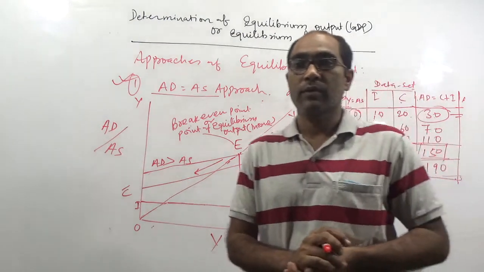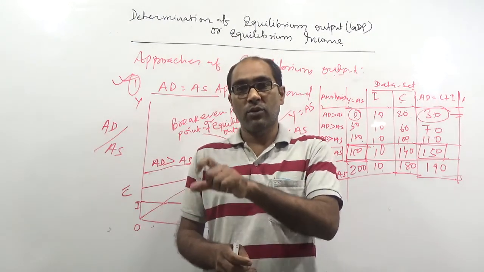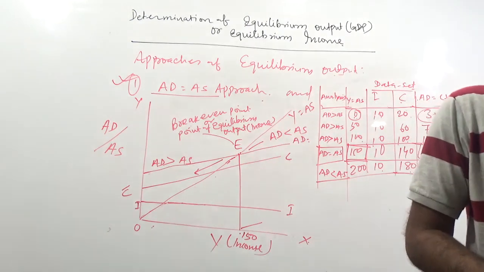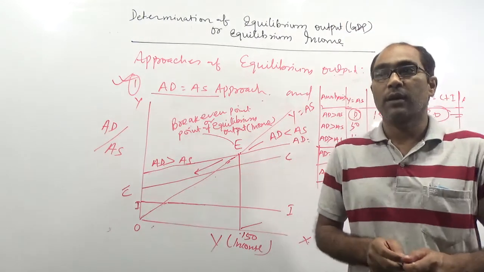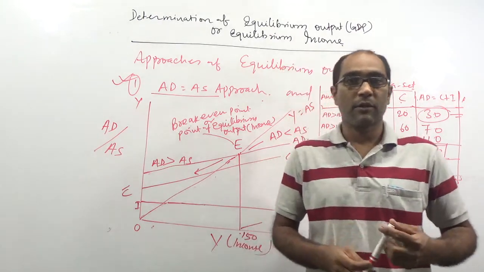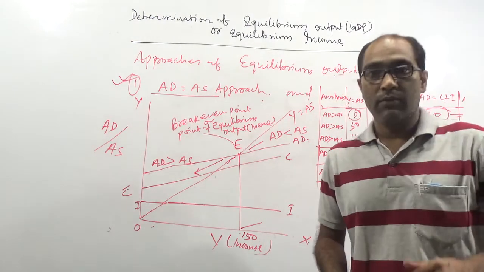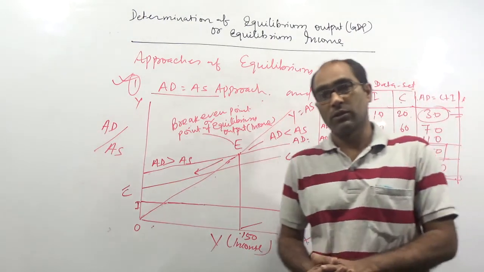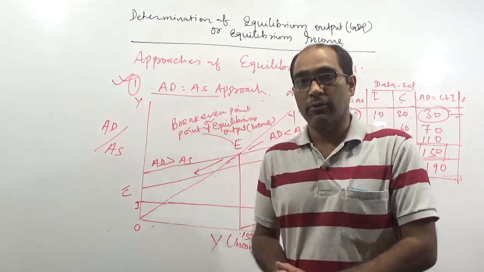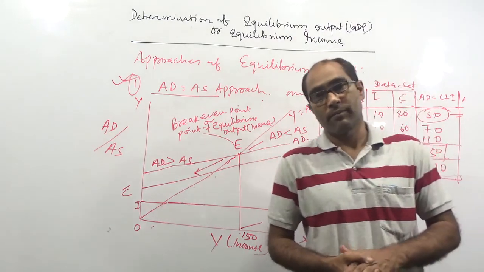So in the next class, we will deal with the two other conditions of disequilibrium, and we will learn about the impact of these possibilities, that is, the condition of disequilibrium between AD and AS. We will also deal with the solutions suggested for any economy to maintain or attain the point of equilibrium.